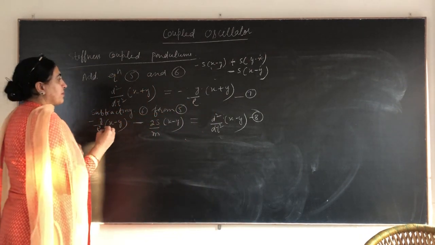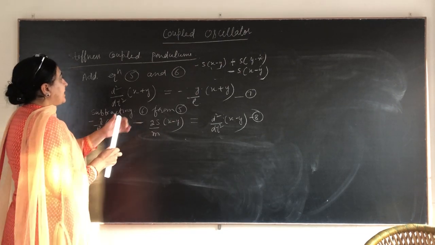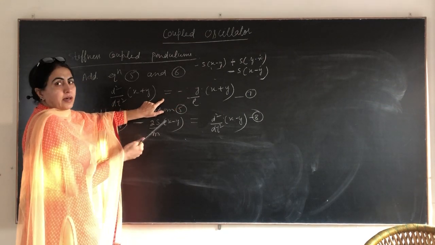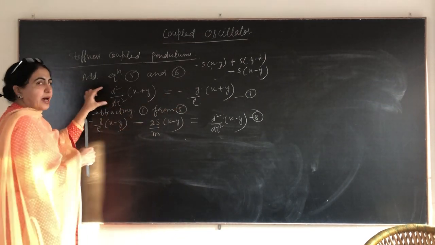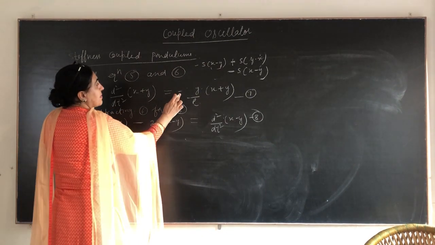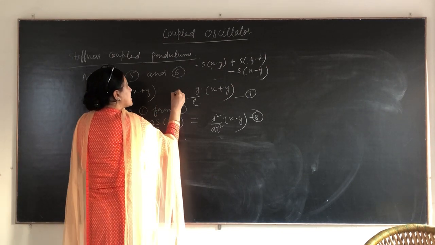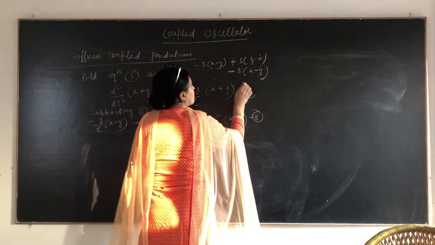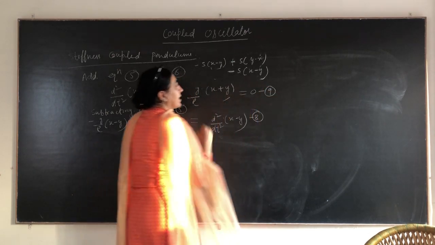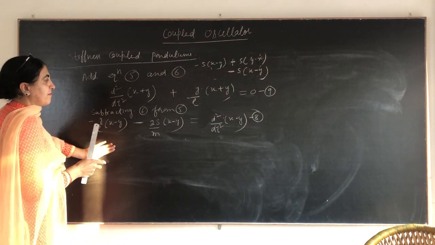Now rearrange them. When we rearrange them, the equations will be, taking this minus on the left hand side. So I divide both equations by m. Now taking this minus, when it comes on this side of equation number 7, then this becomes plus and this will be equal to 0. So take it as equation number 9. In this way, same is in this way.